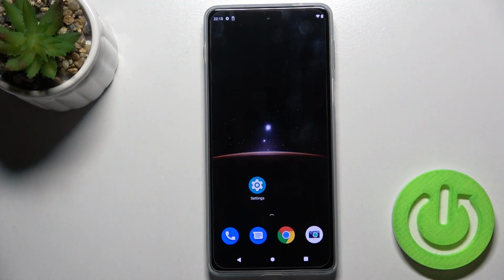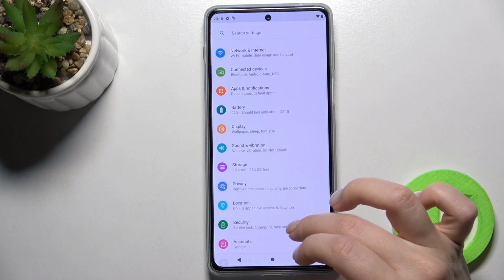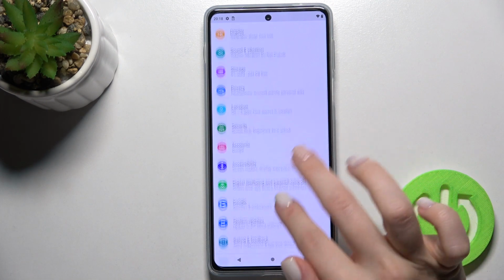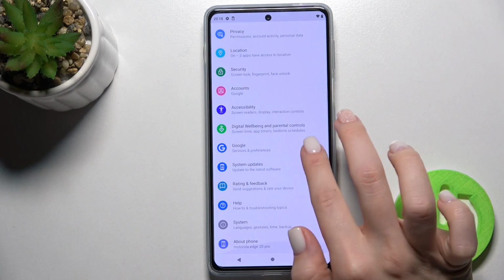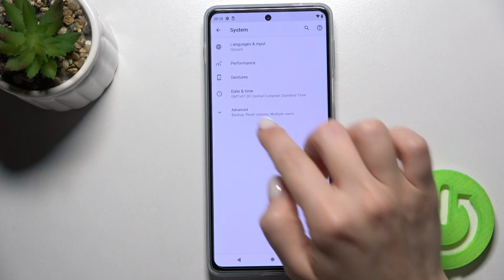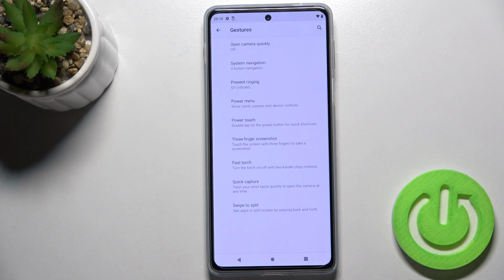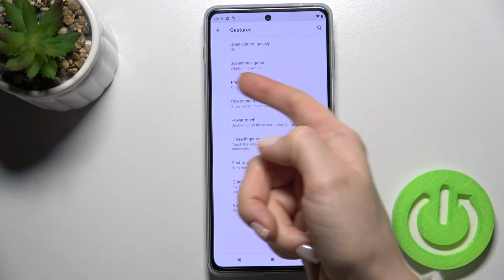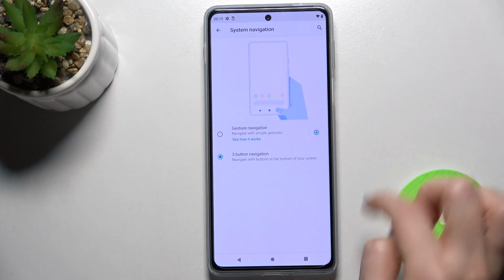Welcome to the Motorola Moto Edge 20 Pro in front of me, and I'll show you how to change gesture sensitivity on this device. So first you should go to the settings application and scroll down here to the system section. Now just go here to the gestures, and here you'll see the system navigation, tap there, and